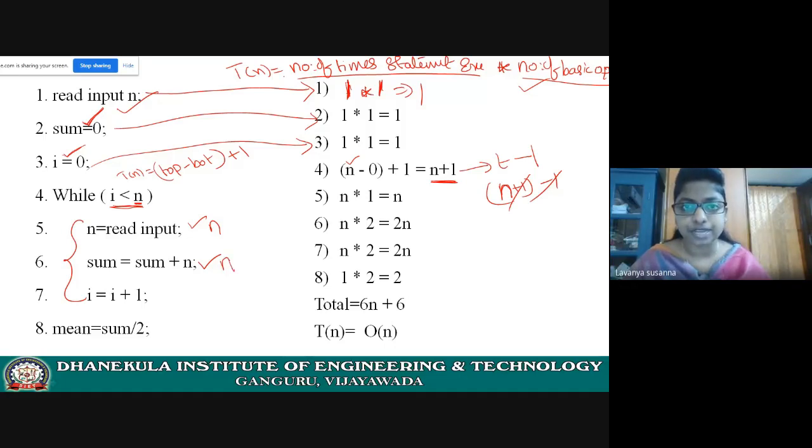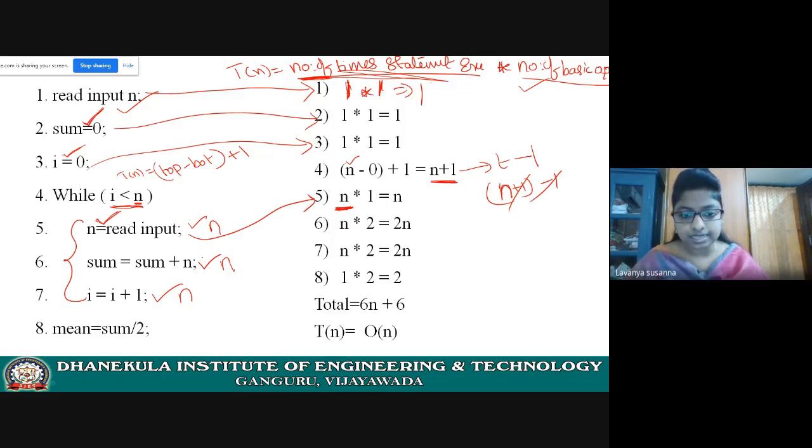Now let us see T of n for this statement. How many times does it execute? N. N into how many basic operations? Only 1. N into 1 equals n.